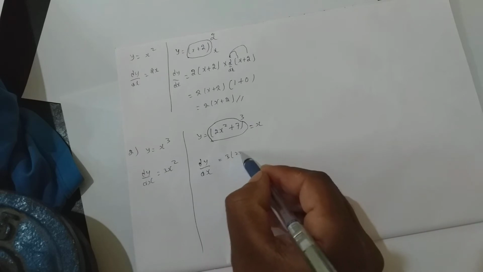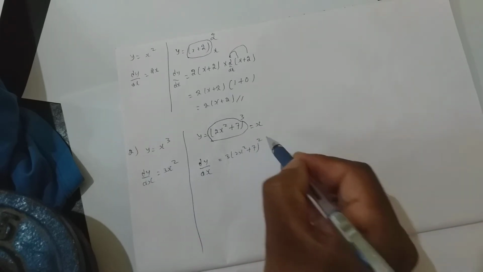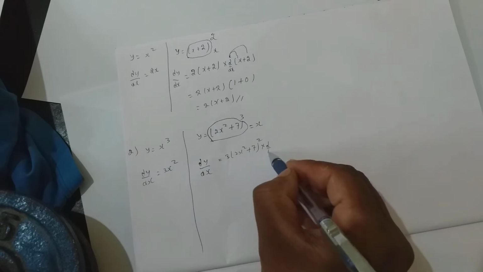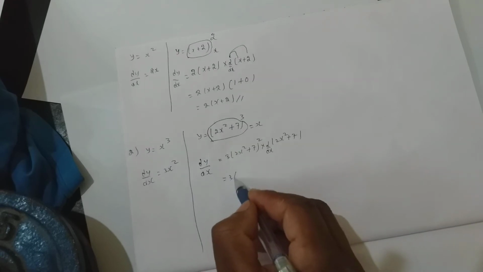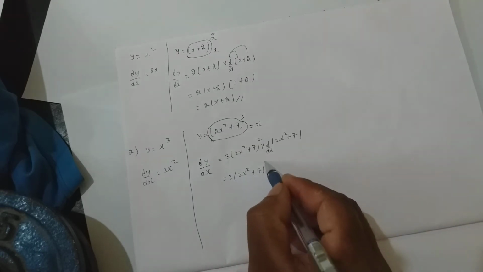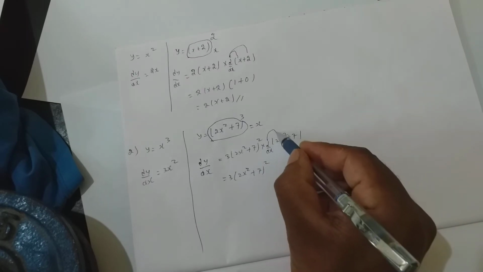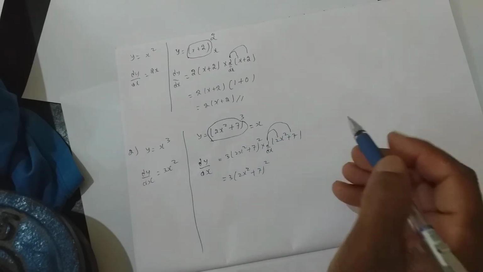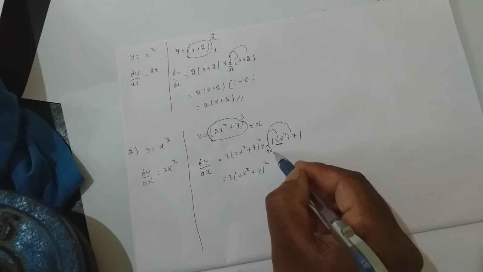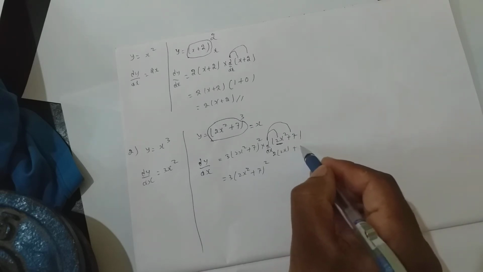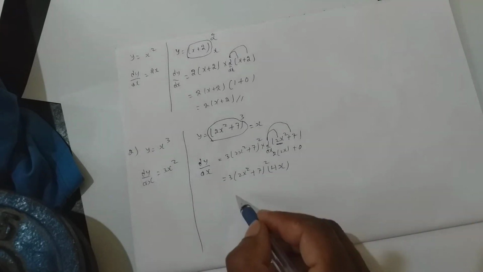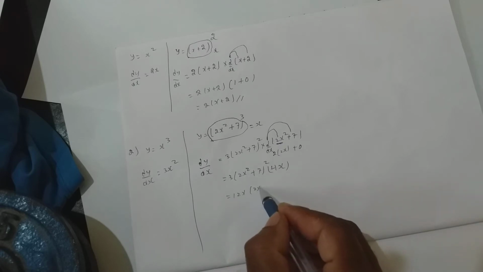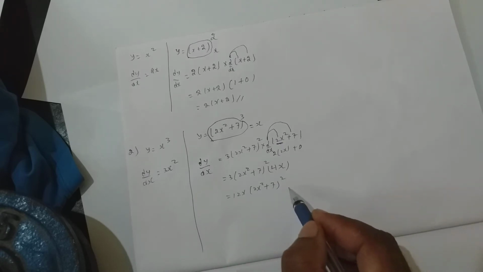So it is 3 into (2x square plus 7) whole square into d by dx of, in place of x, whatever you considered, which is 2x square plus 7. Now d by dx gets applied to this one and also to this one. When it is applied on 2x square, 2 comes out, x square is 2x, and for 7 it is 0. So my remaining answer is 4x. So it is 12x into (2x square plus 7) whole square. This is the answer. Am I clear? One more example, let us see.